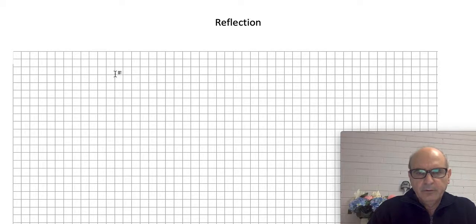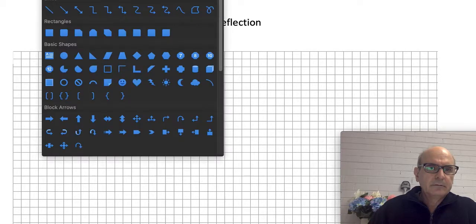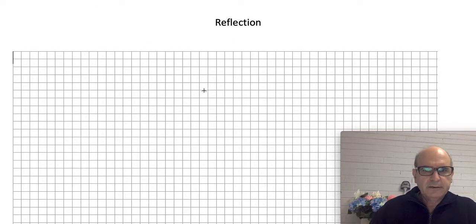Reflection of a point in a given line is another point which is on the other side of the line, and its distance is the same from the line. So if I want to show an example,